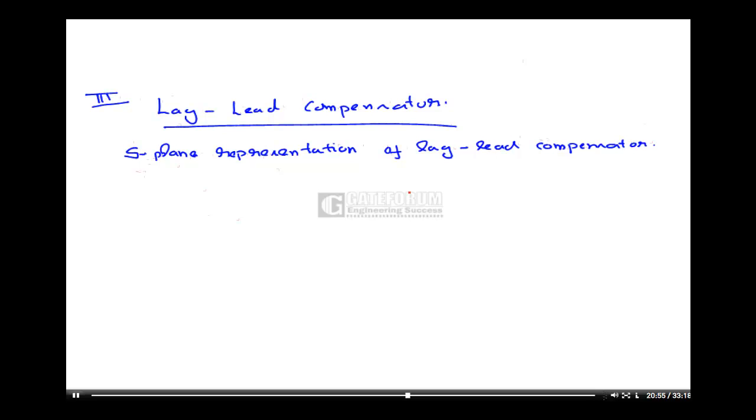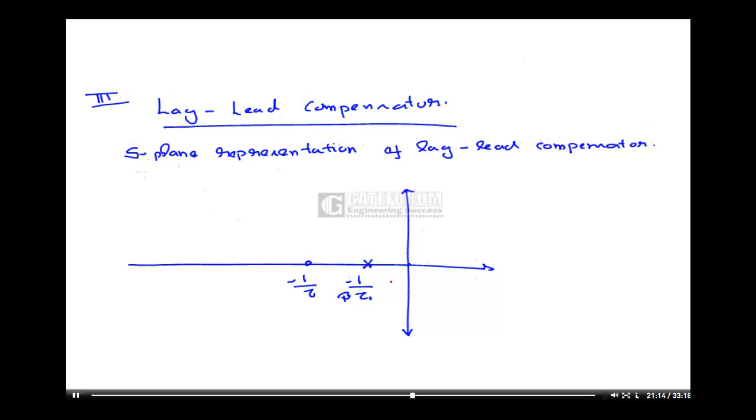Okay, there will be a pole near to origin, minus 1 by beta tau 1. There will be a 0. This corresponds to lead part. Then corresponding to lag part, I have minus 1 by tau 2 here, and pole much farther away from the origin, at minus 1 by alpha tau 2. Okay,